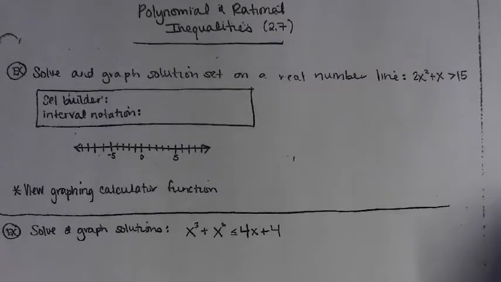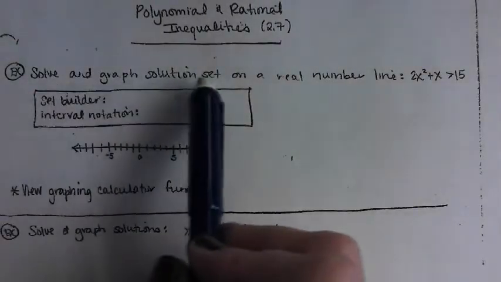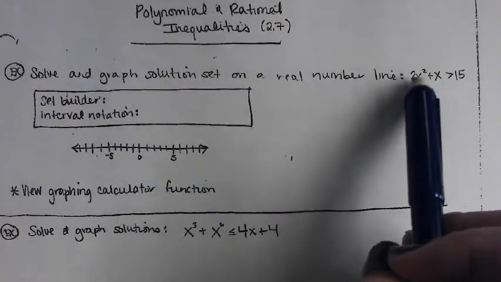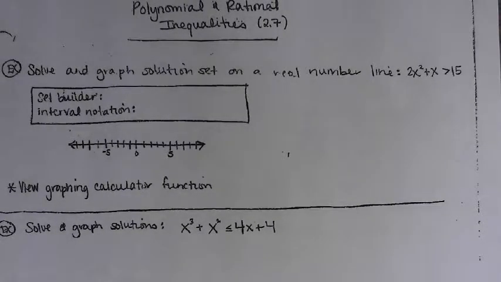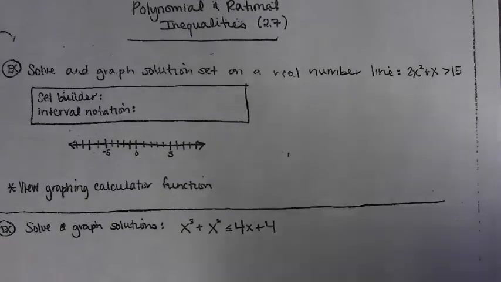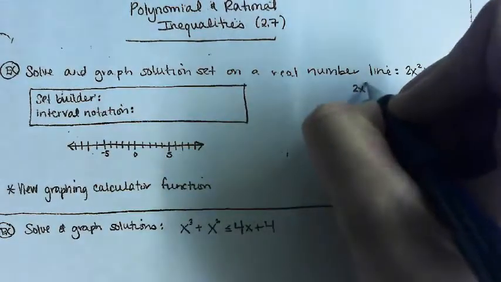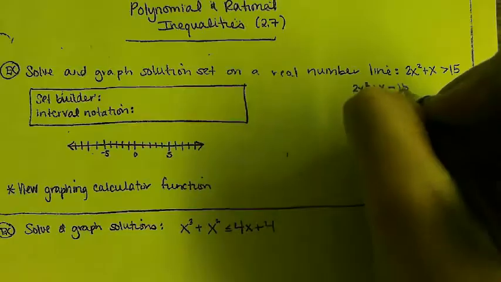But anyway, in general, solve and graph a solution set on a real number line for 2x squared plus x is greater than 15. This is a quadratic inequality. So just like you would with a quadratic equation, you want to get it equal to 0, or greater than 0 in this case. So if I subtract over the 15,